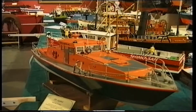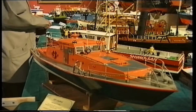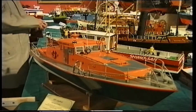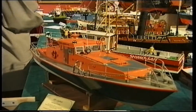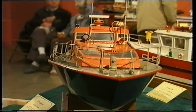We are looking forward to the future. I believe we're going to hold a celebration dinner later on this year, and we are doing our normal amount of regattas, but we're going to Gloucester, I think, after this one. That's the next one. We were a flying club originally, and boating came in at a later date when we